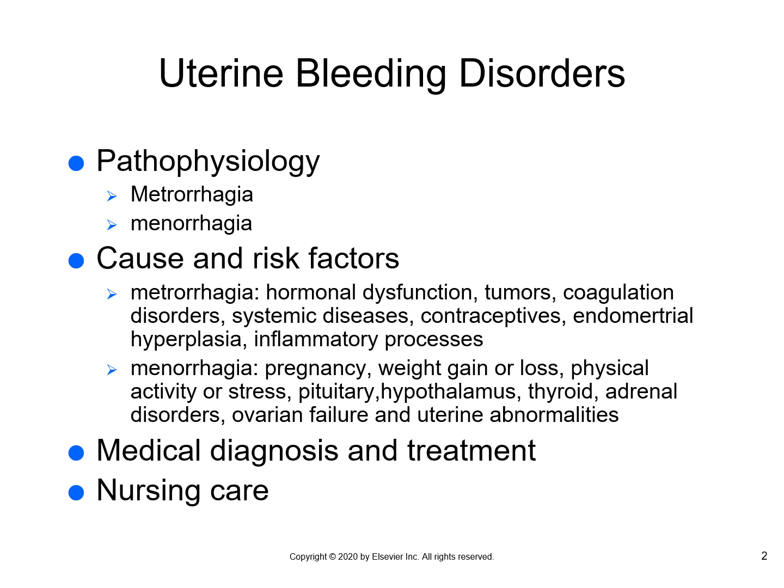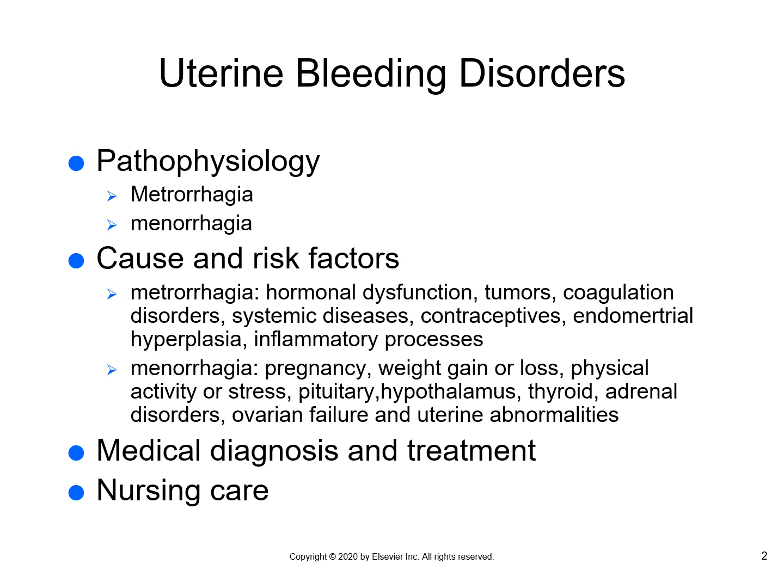There's what we call metrorrhagia and menorrhagia. Metrorrhagia is the bleeding or spotting between menstrual periods, okay? Between menstrual periods. So, those patients that are bleeding or having spotting even though they're not on their menstrual cycle, okay? Now, menorrhagia is a menstrual period that is characterized by profuse or prolonged bleeding. Okay, profuse or prolonged bleeding.